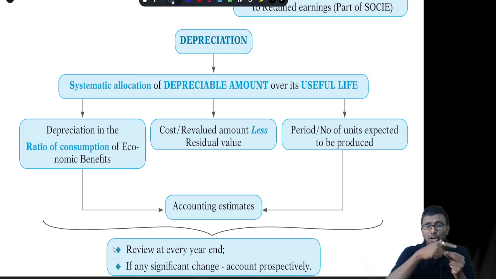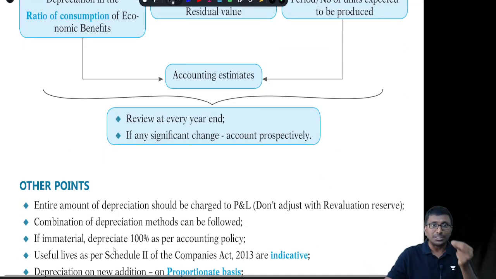These three things are accounting estimations. That's why the standard says every year management should review them. If there is any significant change, say you estimated a residual value and after 2 or 3 years it went up or down compared to what you estimated in the past,